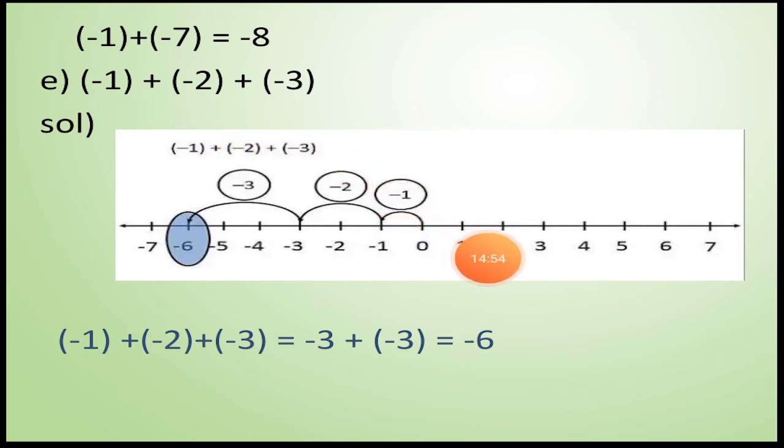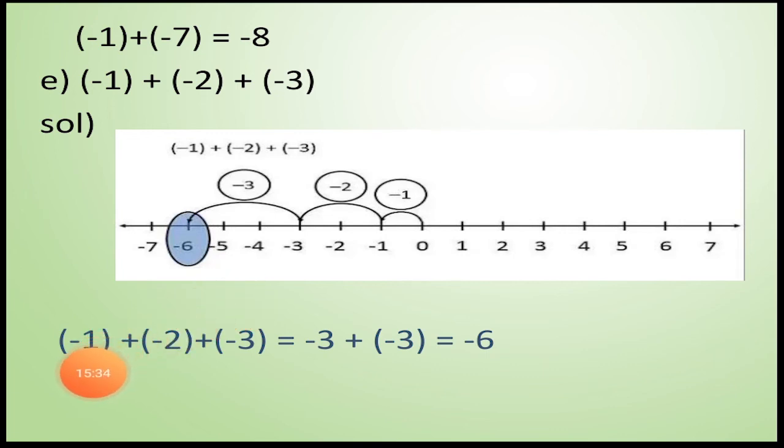Okay, so from minus 1, first of all, what we'll do from this given question, we have to represent minus 1. So from 0 we'll reach minus 1 first of all, then from minus 1 we'll take 2 more steps in the same direction to represent minus 2, so that has taken us to minus 3. And again, after reaching minus 3, you can see here we are left with minus 3 to show on the number line. So from minus 3 again we have to take 3 more steps in the same direction. So when we do so, with the 3 steps, we have reached minus 6 on the number line.